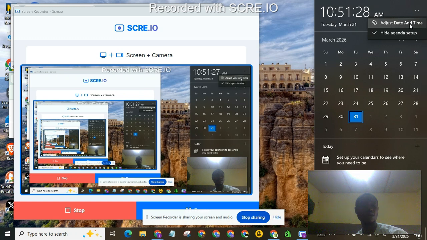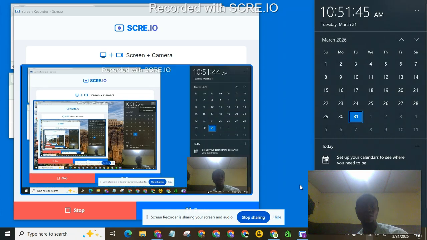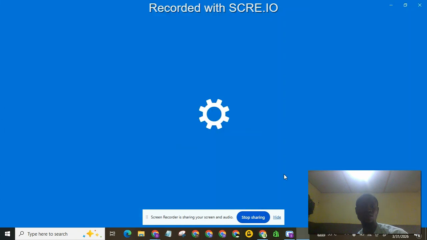Once you click adjust date and time, let us adjust date and time. So you can see now. Let's actually show. When it shows the settings, you now come to your